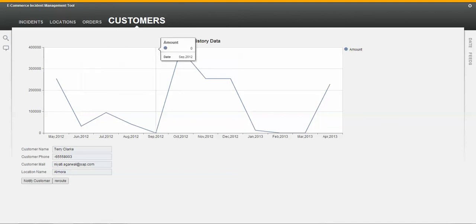As I see that since the customer is highly valuable and has given a huge amount of revenue to the company, the company at their discretion may decide whether they simply want to notify the customer that there may be a delay in order so that they can accordingly manage their order, or they can have an option of reroute, where you can notify the shipping agency about the possible rerouting option